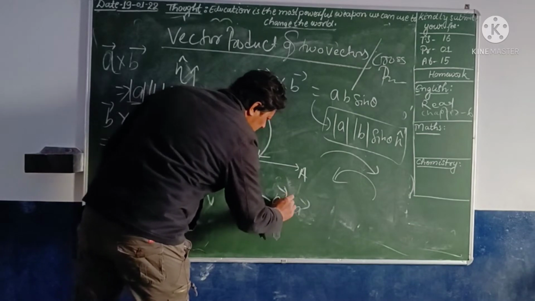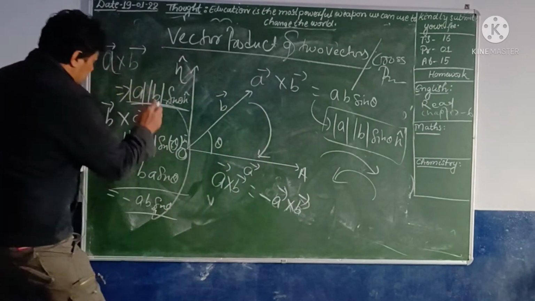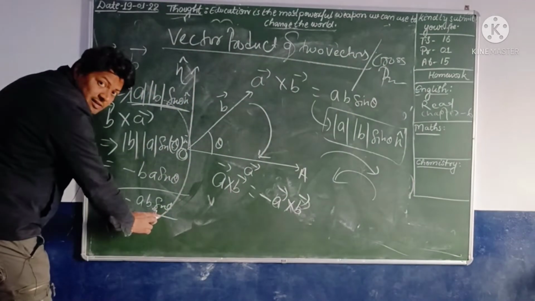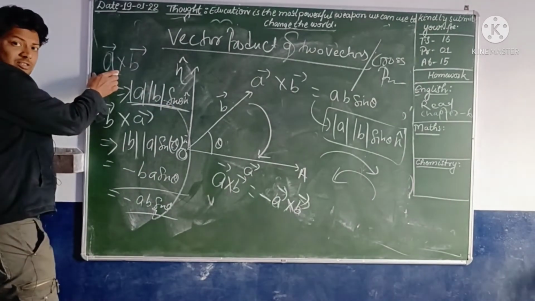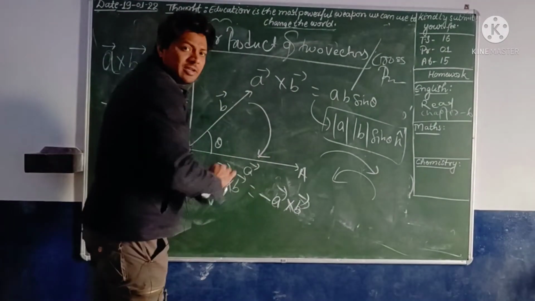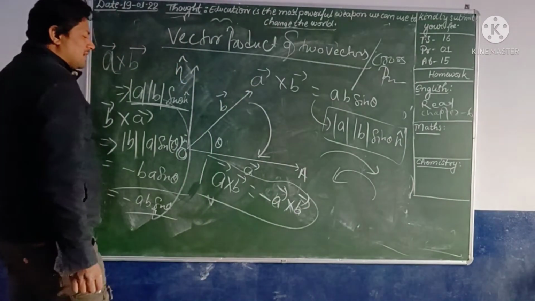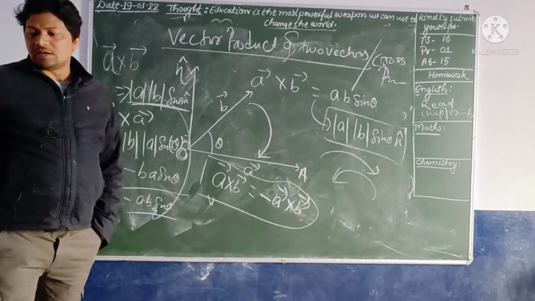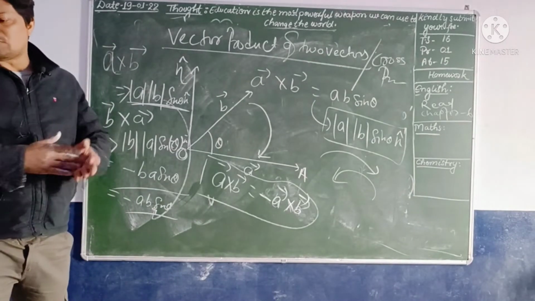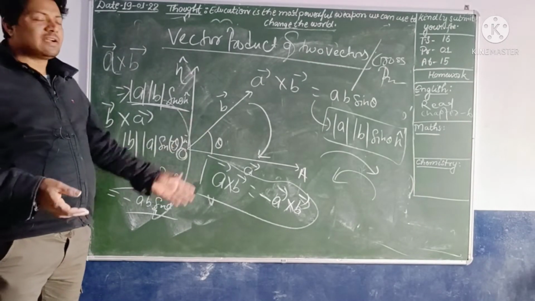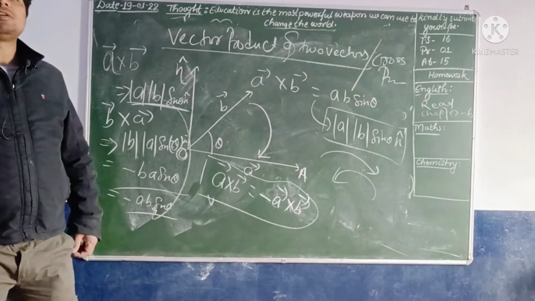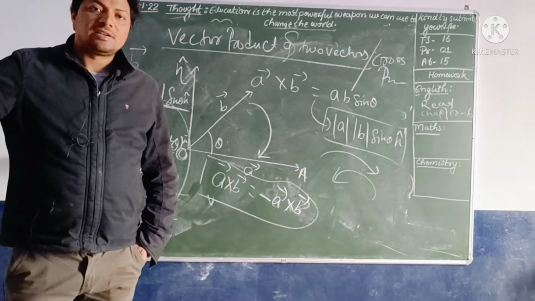Same result copy. If we put this one here, so this one equal to this one, so this will be here, so negative will be included. So A cross B is equal to minus A cross B. Is it clear? A cross B is equal to minus A cross B. And this kind of condition will take anti-clockwise and clockwise will change. Is it clear?